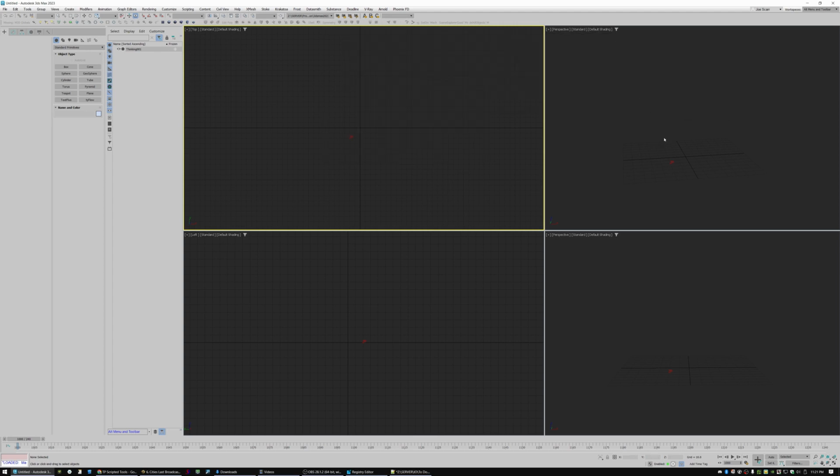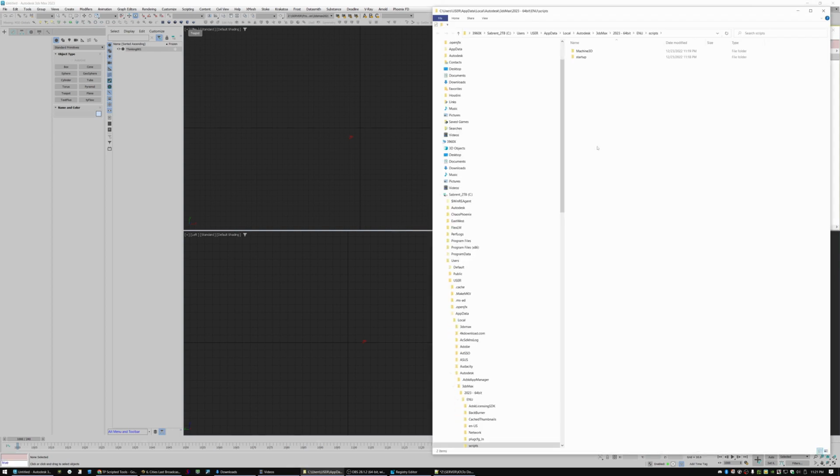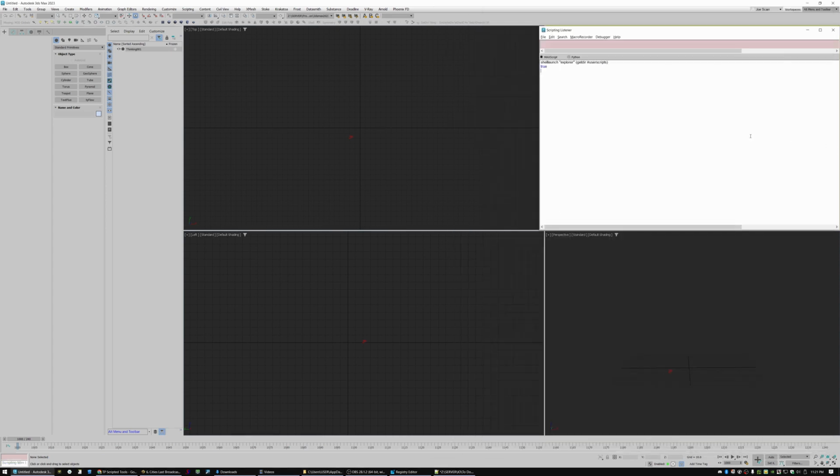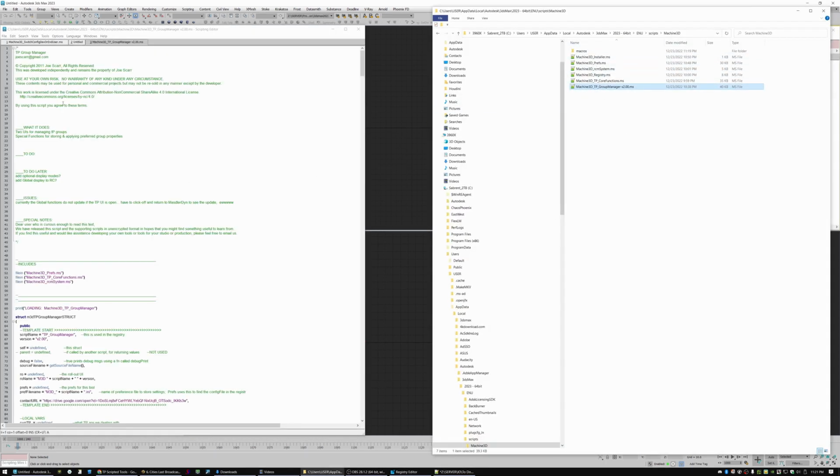Okay, if you don't like macros, you can also figure out where the script lives by typing shell launch, quotes, explorer, and then param getter user scripts. So it should be in user scripts, and this is where you're going to find the Machine3d category, and then the script you're going to want is this Group Manager. Let's go ahead and drop this in here. You can see that again, bunch of information,